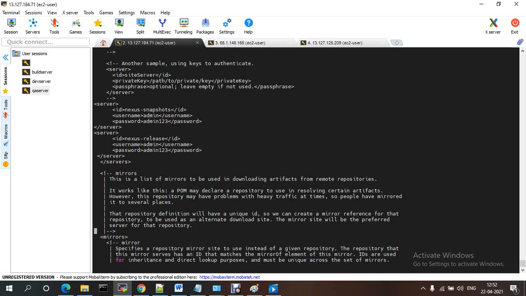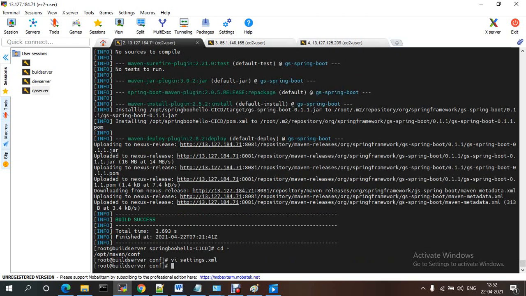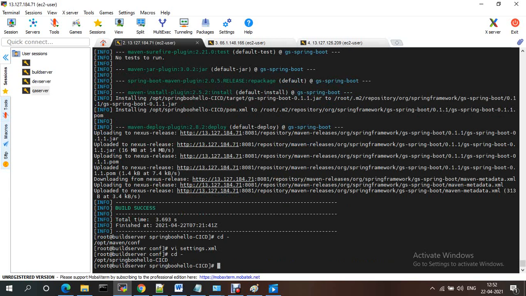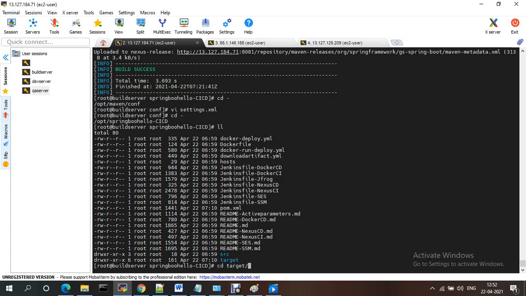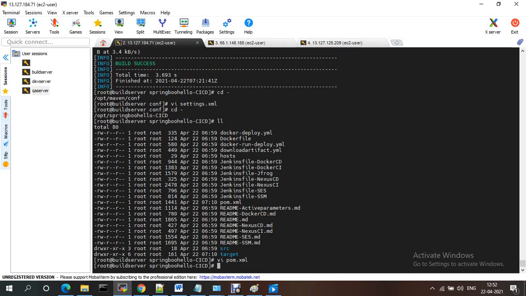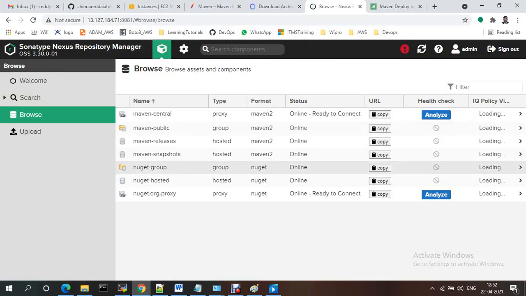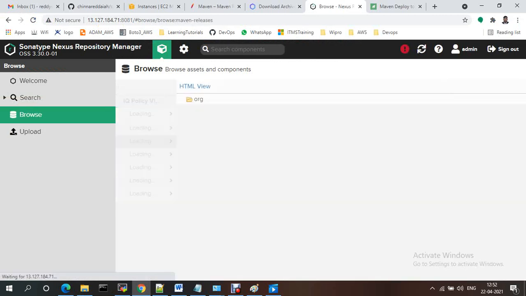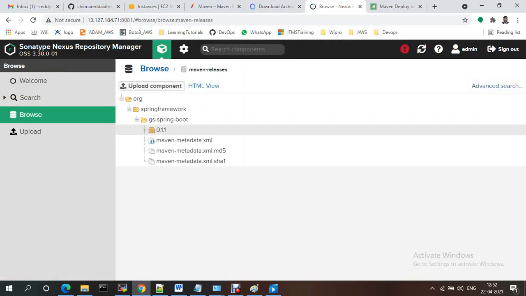And now the build is a success. Whatever the version is, it should be there under the target folder. If you go to pom.xml, the version is 0.1.1. Now this build is a success. If you go to releases, see 0.1.1, it has been pushed here.